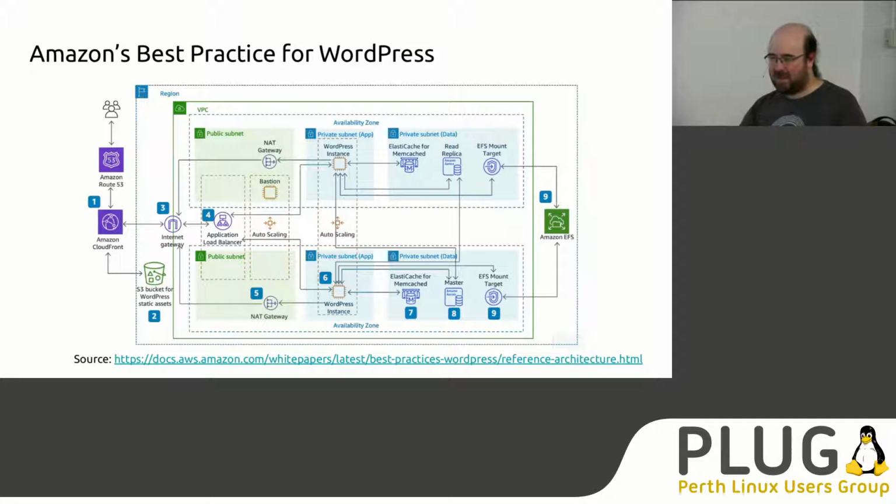I think the big things you can see here is you've got the WordPress instance, which is a web server running the PHP code for WordPress. You've got a MySQL database, which they've got two of here, a master database and a read replica. In a smaller system, you might only have a single master database, but if you get really popular, you don't want to get to a point where all the visitors hitting the public site